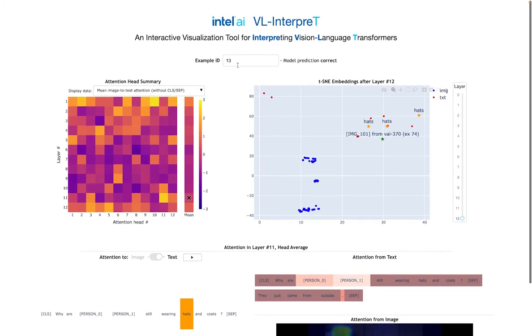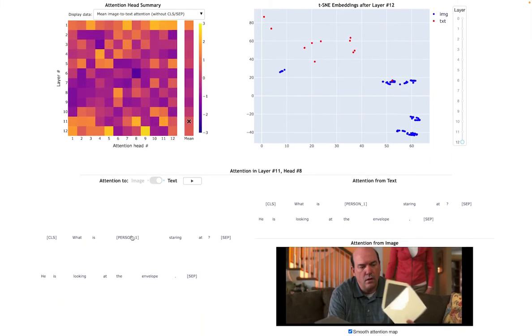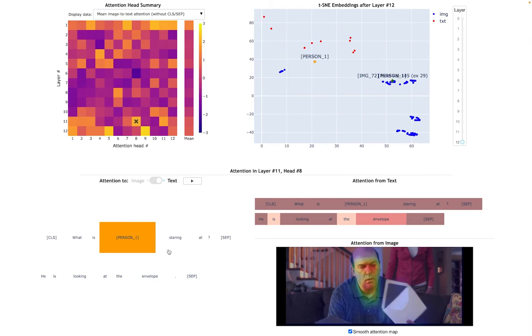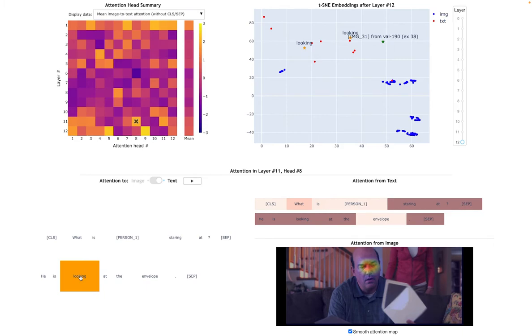We also see similar behavior in this model for some verbs. Here, for tokens like person 1, the attention from image is focused on this guy's face, but for verbs like staring and looking, the attention is clearly more focused on this guy's eyes. We made an animation button here to automatically scroll through the text and the attention to them.